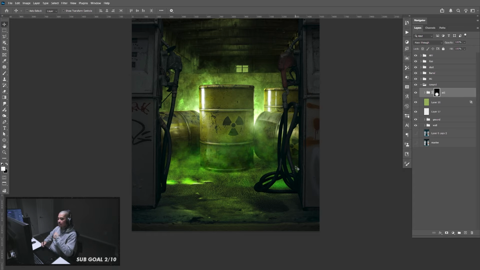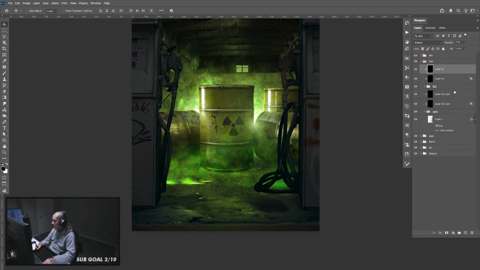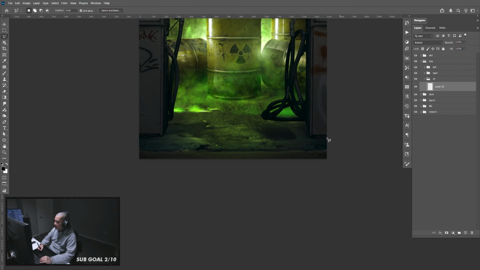Then the ground texture, it's kind of weird right there, so I'm gonna figure out how to fix that later. But let's add some shadows. Go here to the gas. So I'm gonna do this since there's so many layers here. I'm gonna group that, name that left, group that, name that right, create a new group inside here. That's gonna be shadow, create a new layer, and let's do 3 for feather,